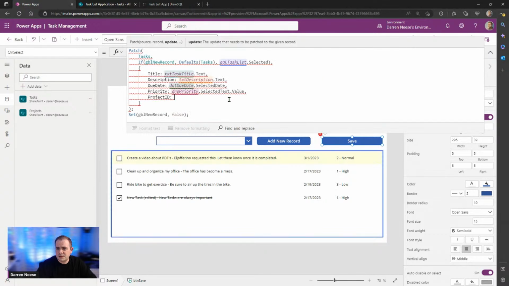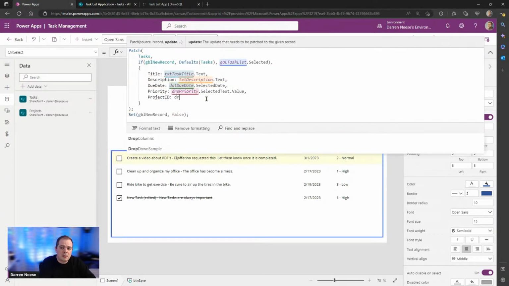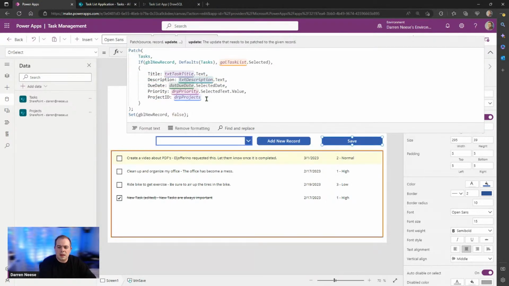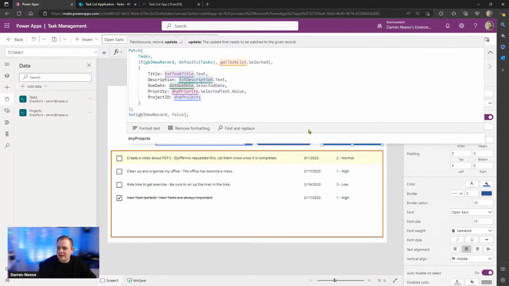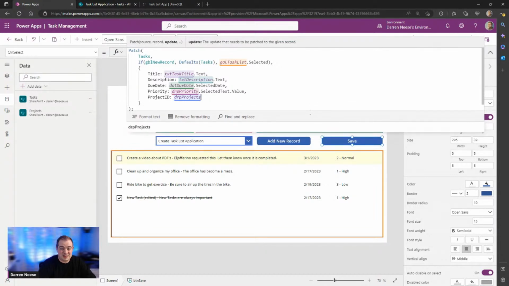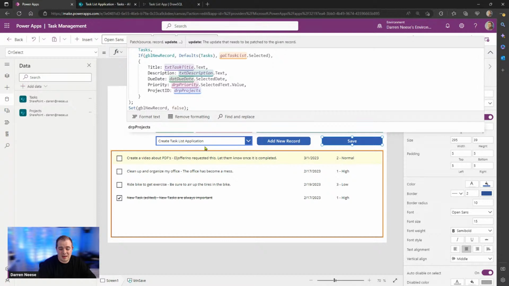I'm going to expand this. Okay, so now I'm going to type DRP projects. Very good. Now, the project, you know what the project names are, right? So if I were to hold down Alt and click on this first, create a task list application. If I just wanted the text that's being displayed in that drop down list, I would do what I